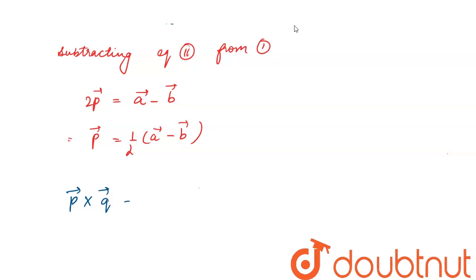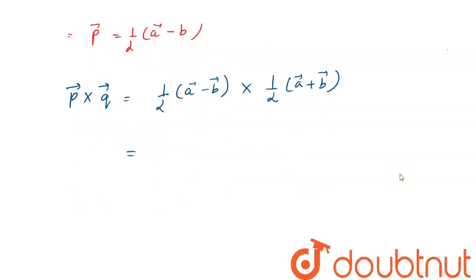Okay, so here we have 1 by 2 A vector minus B vector cross 1 by 2 A vector plus B vector. Solving this further, we will get 1 by 4, and in brackets we have A vector minus B vector cross A vector plus B vector,